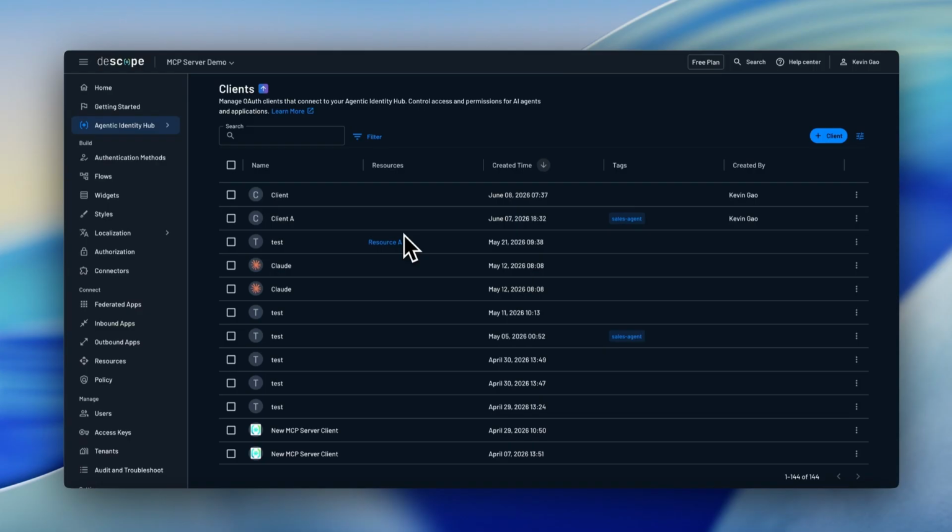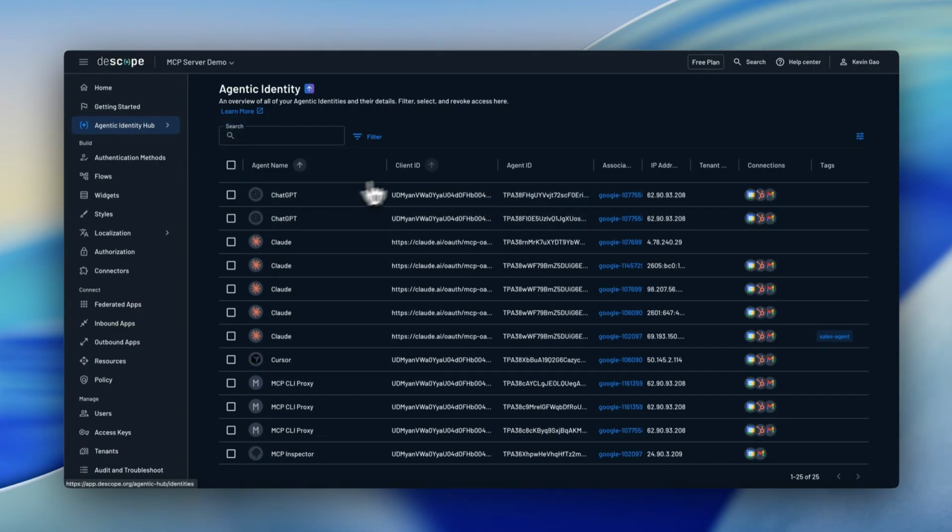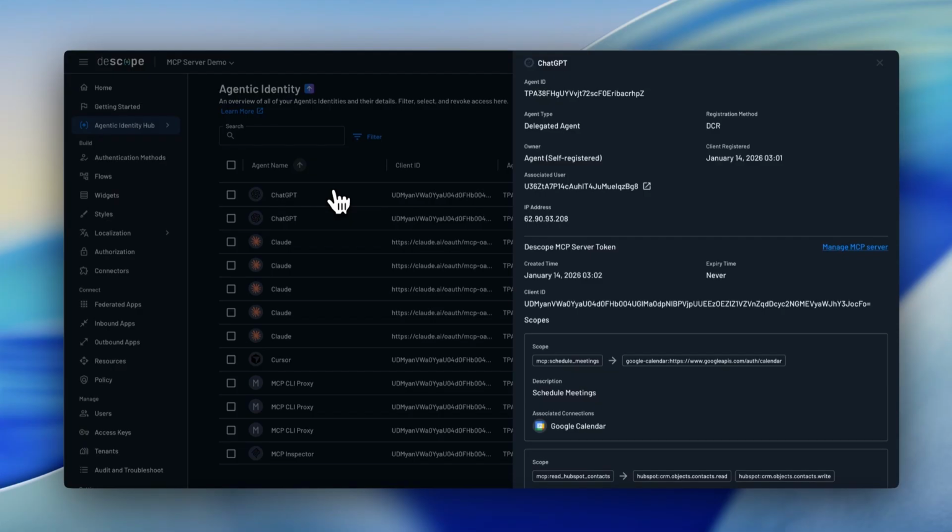Now that we understand what a client is, let's look at agentic identities, the complete directory of every agentic identity in your system. The first type you can see here is a user-delegated agent. These are created when a user goes through authorization code flow and grants consent to a specific client. You can see the specific client is shown here, along with the agent type, in this case user-delegated, the registration method, in this case dynamic client registration through an MCP server, and the owner being the agent itself since it's